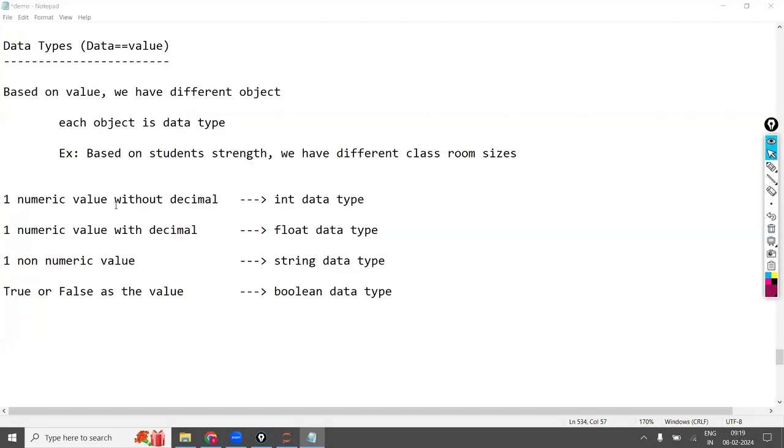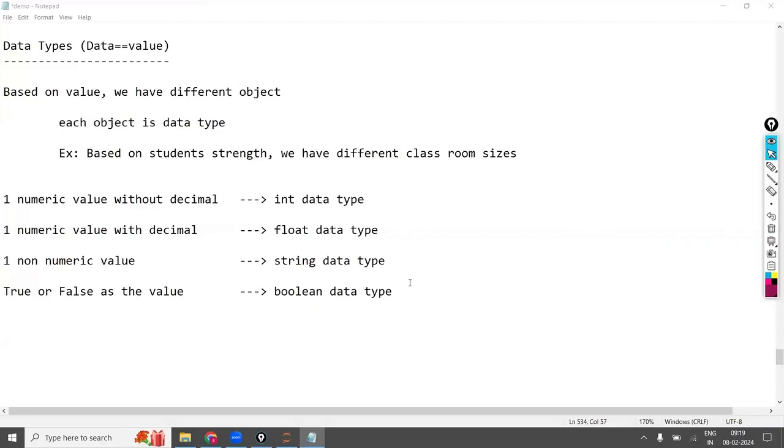For a second person to enter that room, the first person has to come out. That room was designed like that. That is still called a room only. If 100 people sit, that is also called a room. If one person sits, it is also called a room. That is a small size room, this is a big size room. So here the int object was designed. Int object means room. The room was designed to store only one numerical value. It can't store more than one.